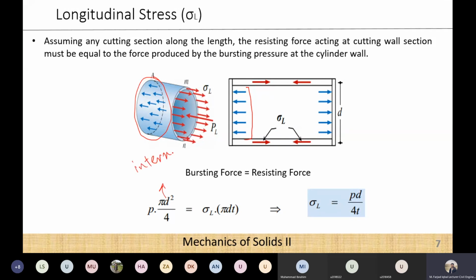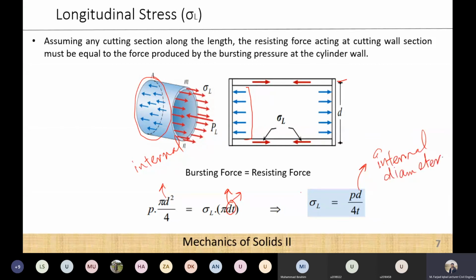But again, this diameter may seem to be the diameter from the center of the wall thickness to the center of the other wall thickness. But just for the sake of simplicity, so that we can have a simple expression to calculate the hoop stresses, it has been assumed that this diameter is also the internal diameter, and so we got the final form of the equation like this one. So yesterday we concluded that this diameter is from the center, so just make that correction that this is the internal diameter. Whenever in a numerical question you get this diameter, you have to substitute the internal diameter